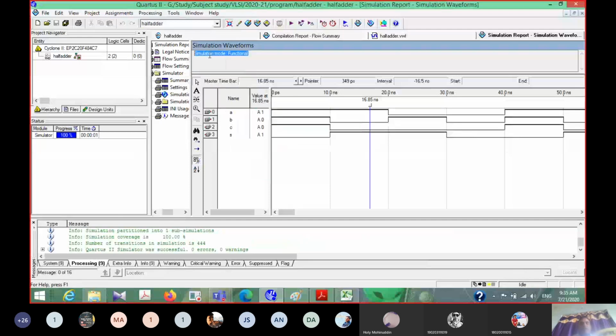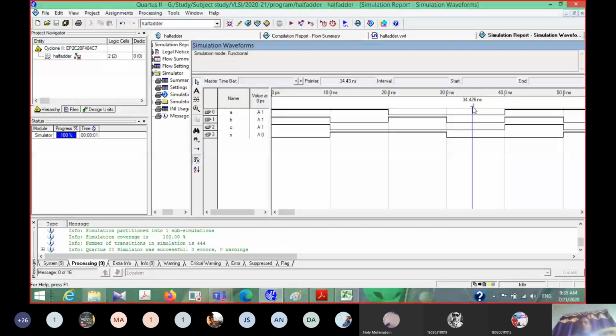It is a functional simulation instead of timing. Now it is a functional simulation. In a functional simulation, there is no delay, it just checks the logic, like a truth table. So if both the inputs, A and B, are 0 0, what should be the output? Both the outputs are 0 0, sum 0 as well as carry 0.